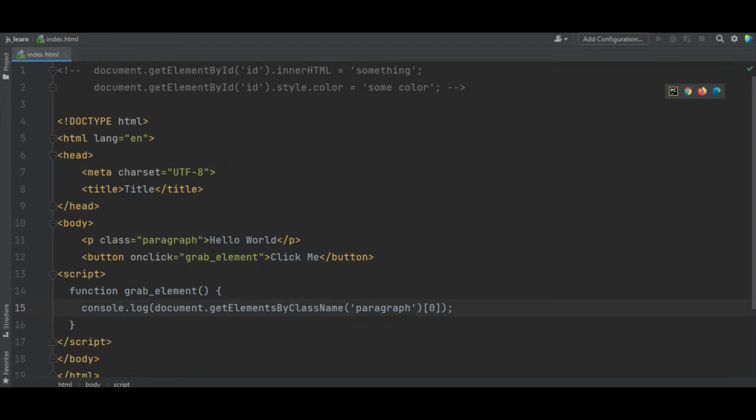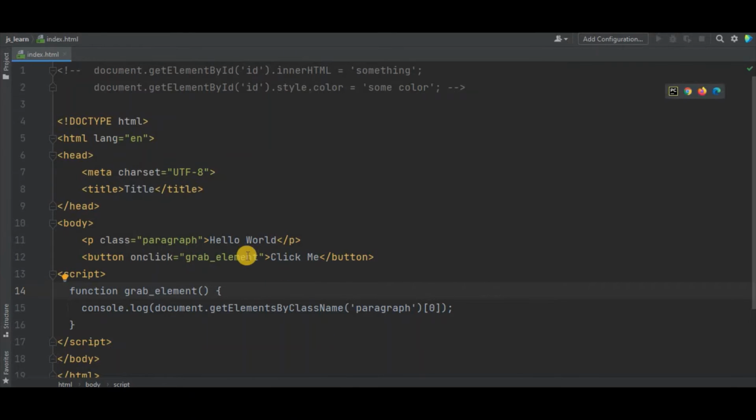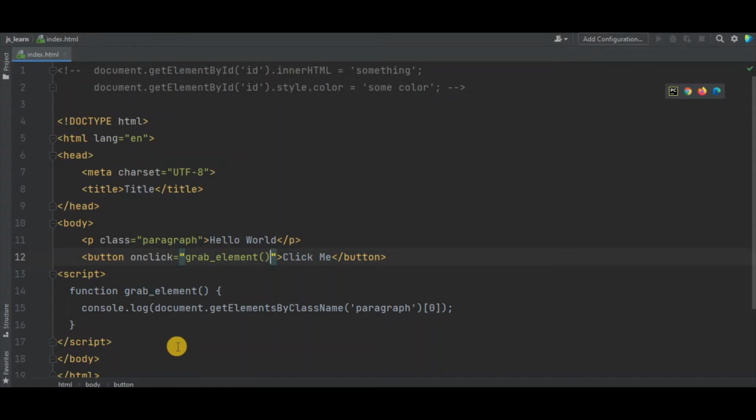Sorry for that. And when I go again on my page and click this button, again my code was not working and I found out why. Because I am here only telling the name of the function, not calling it. To call it, we have to add parentheses. And now when I click this, you can see this element is being printed at the console because this function is getting called whenever we click this button.